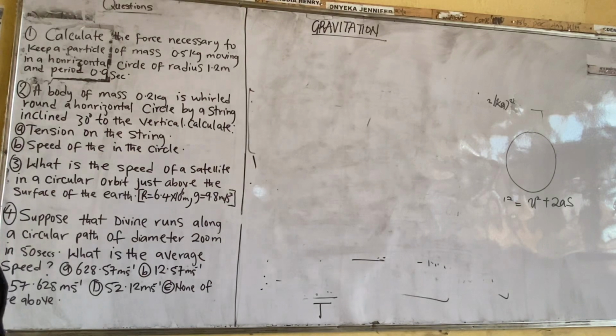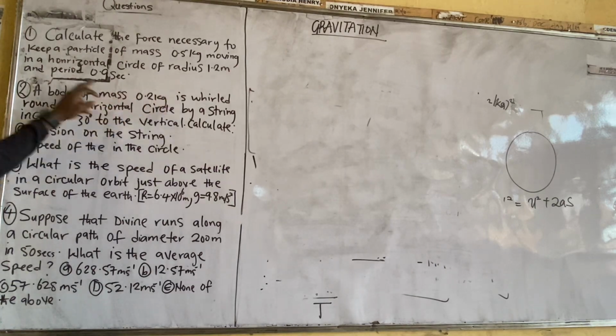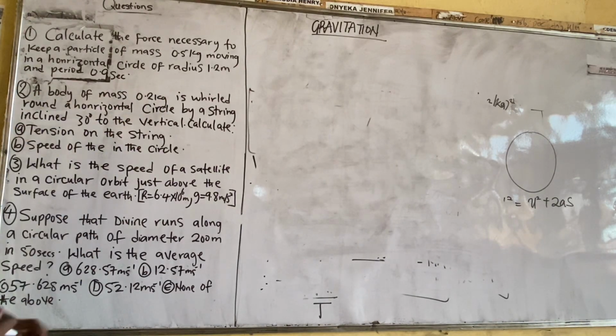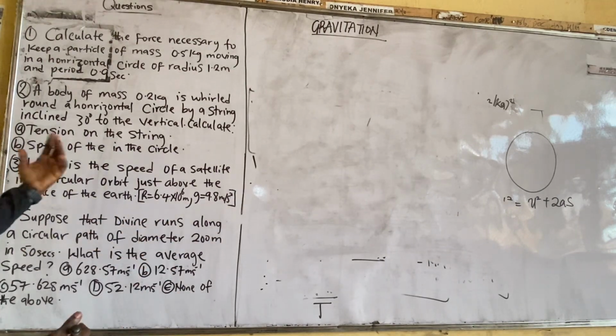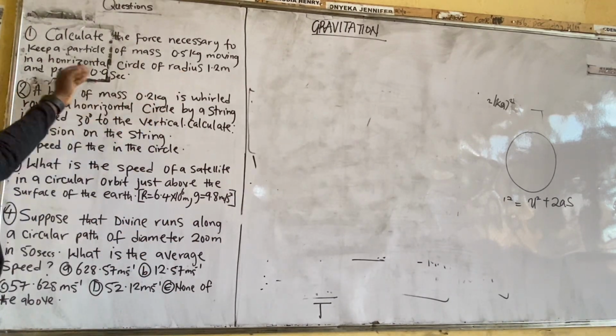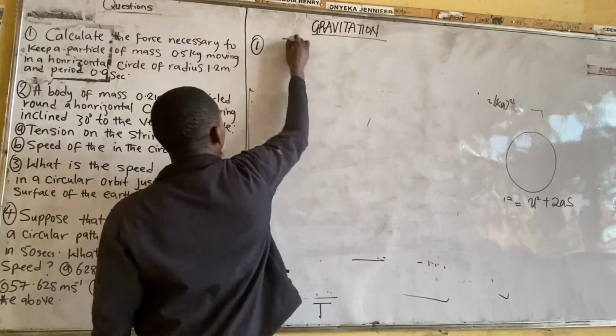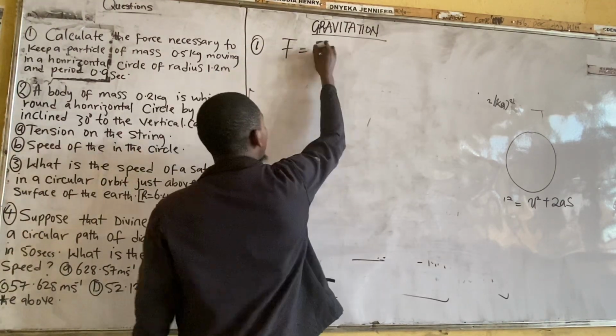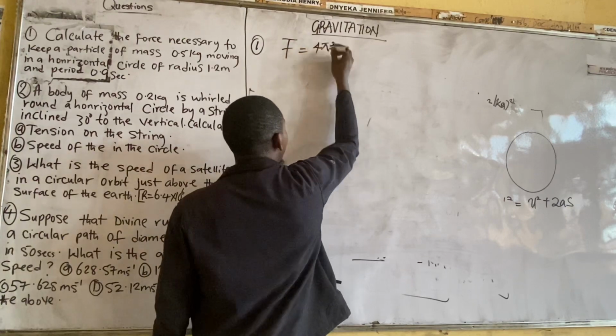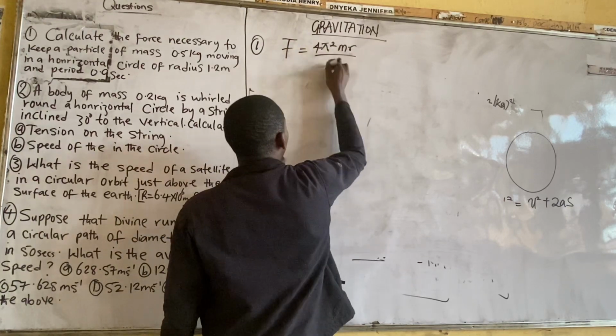Calculate the force necessary to keep a particle of mass 0.5 kg moving in a horizontal circle of radius 1.2 and a period of 0.9 seconds. Now there is an equation which I've stated here that relates the radius of the body, its period, and the given mass of the body. The equation is that F is equal to 4 pi squared mr